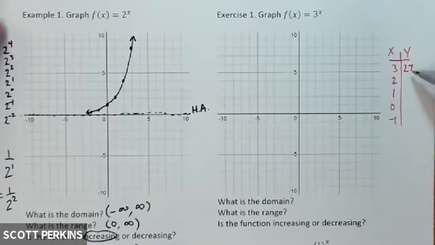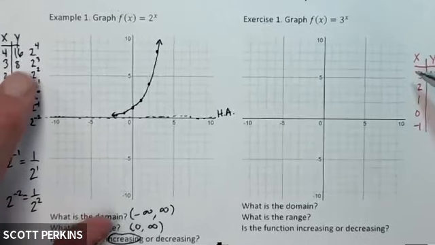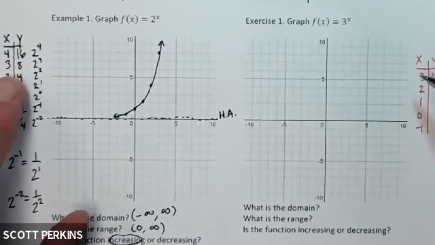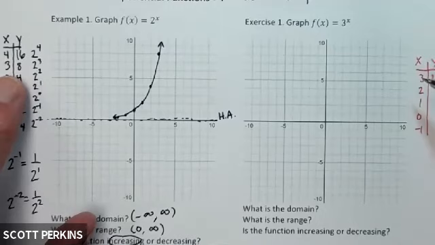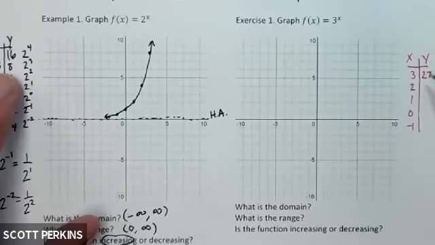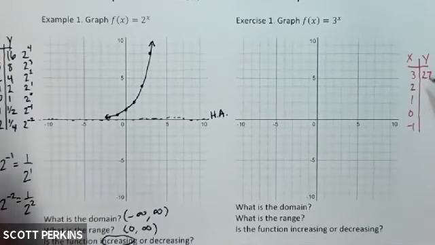So clearly, I did that intentionally just to show you, clearly that's not going to fit on my graph. And notice what happened when I changed my base. We just did base 2, and when I put in 3, 2 to the 3rd, 2 times 2 times 2 was 8. Well, 3 to the 3rd now is 27. This is getting bigger much faster. Just by increasing the base one whole number value, I have created a function that's increasing by orders of magnitude